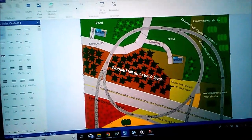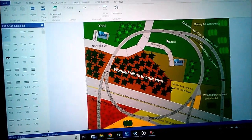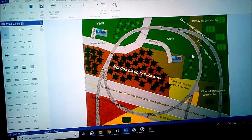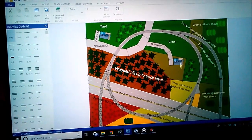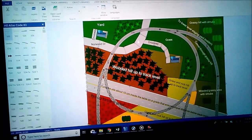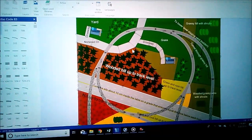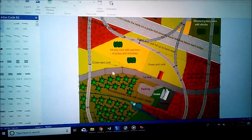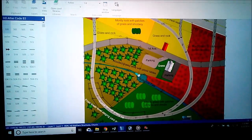Now, what you'll see here is I have roads, driveways. I've marked off the various sections where I want scenery changes. I've put in trees. Essentially, all of this is actually here in the real world. Now, it's not going to be exactly the way it is. I sort of want it to be my own world of some sort. But it's pretty close. I have another road down here, and there's a church here, which is actually there,